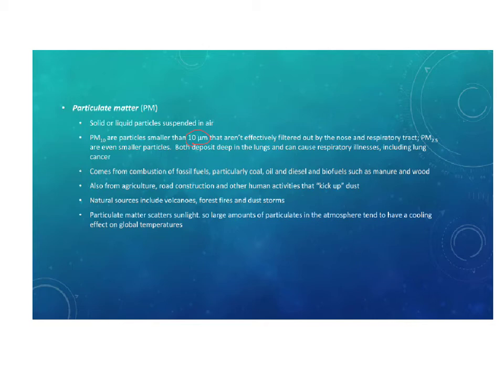Particulate matter also comes from agriculture, from road construction, and any other human activities that kick up dust. Anytime you're putting dust particles in the air, you're creating particulate matter pollution. Natural sources of particulate matter include volcanoes, forest fires, and dust storms. Particulate matter scatters sunlight, so large amounts of particulates in the atmosphere tend to have a cooling effect on global